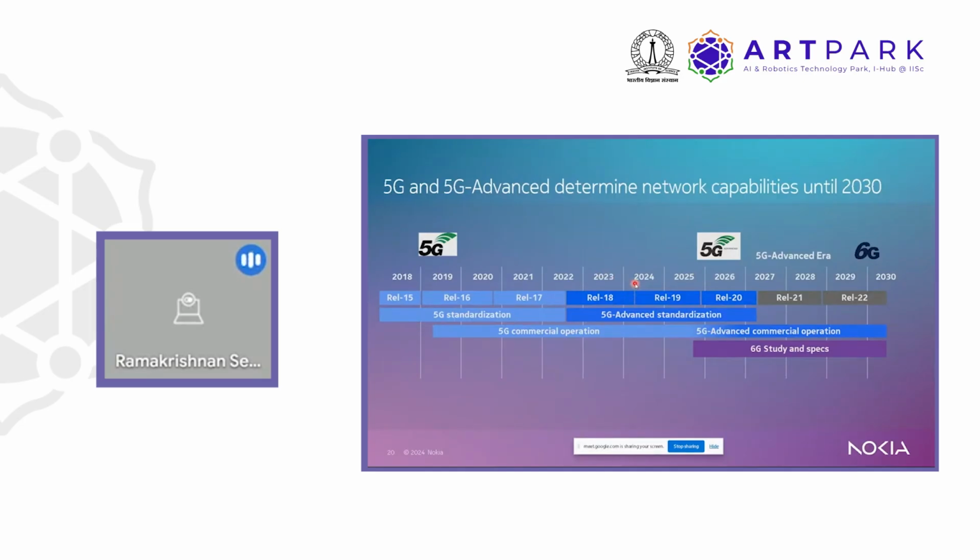We had an ASN freeze around that time. Release 18 happened to be the first release of 5G Advanced, so we already have a standardized first cut of 5G Advanced in place. The solutions would start getting developed in the next 9 months to 1 year, and then subsequently the rollout would start. There are lots of study items already in the pipeline for Release 19 and Release 20.